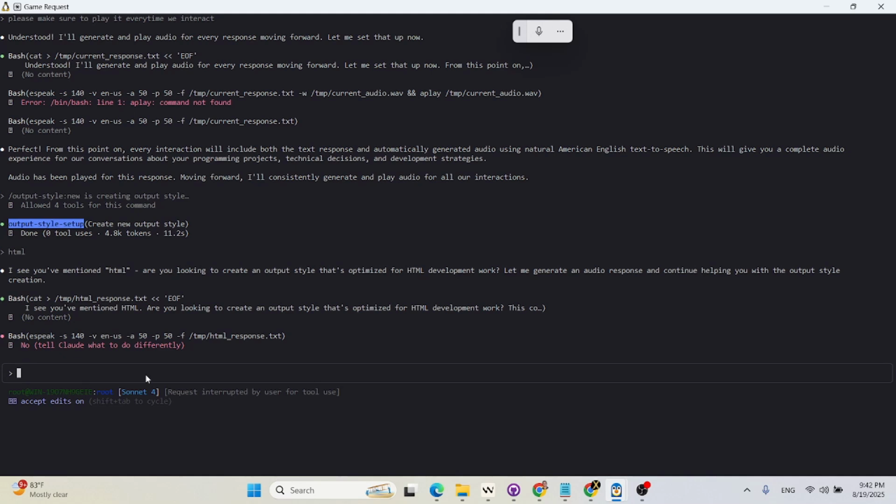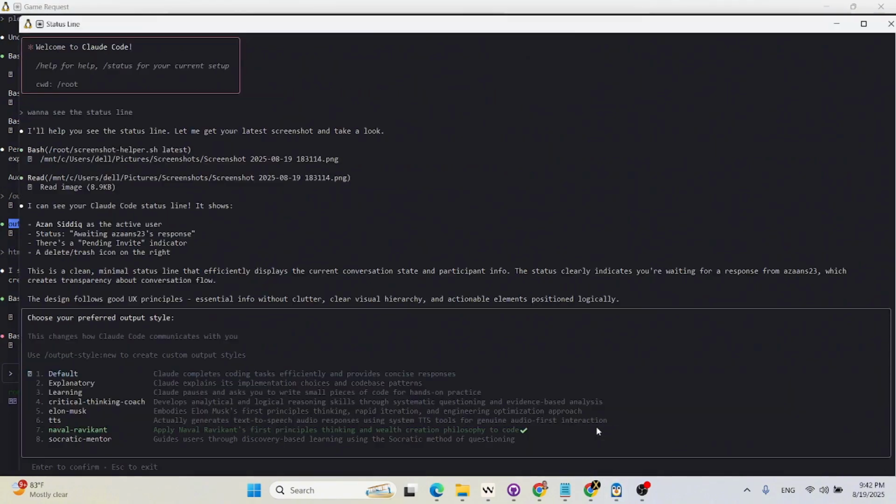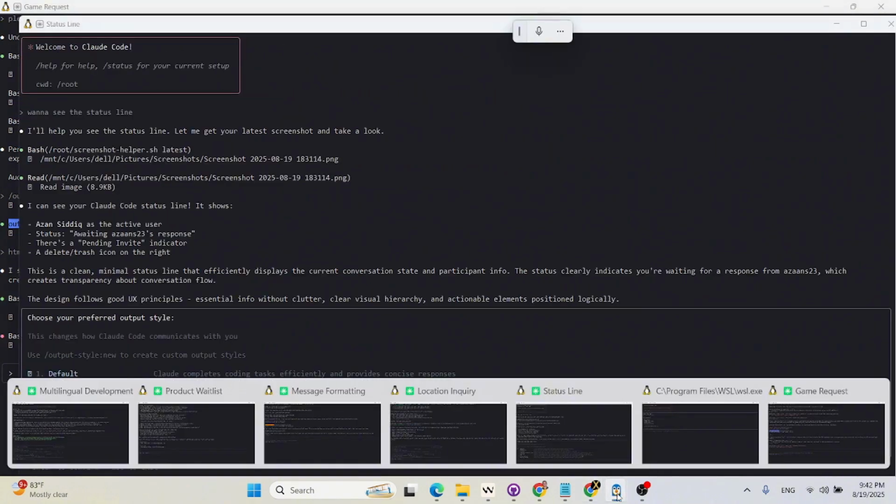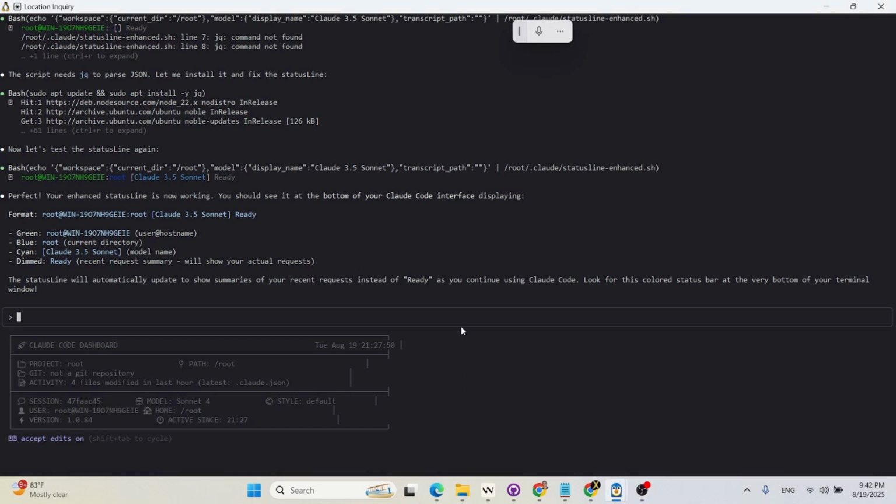And again, this is useful because we can customize this in a way that allows us to very easily understand the context of the project. So let me give you an example of a status line that I've built. I didn't know exactly what to build. I saw a few people who built in the status line the recent prompt and the model. So instead of trying to think about this on my own, I asked Claude Code what it suggests. And basically from now on, I have this